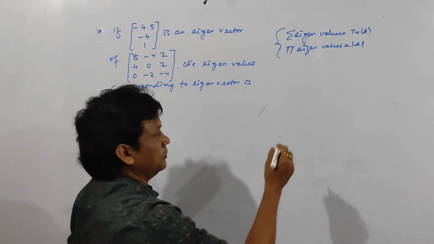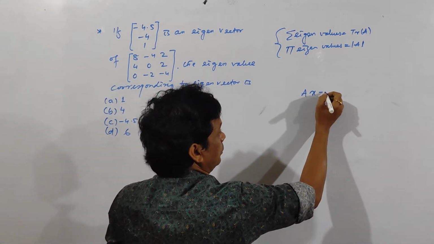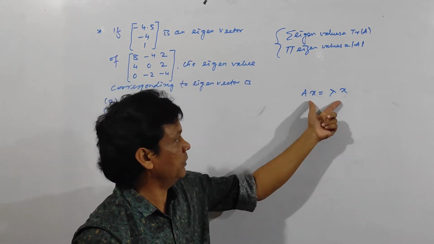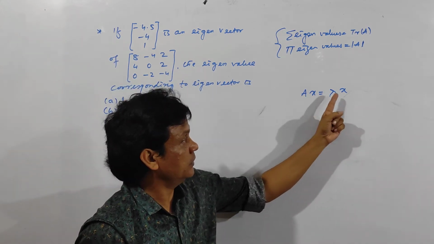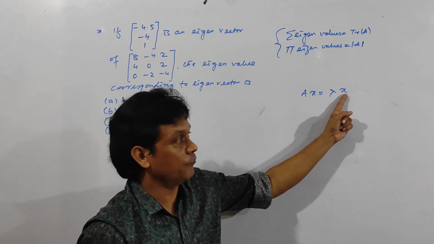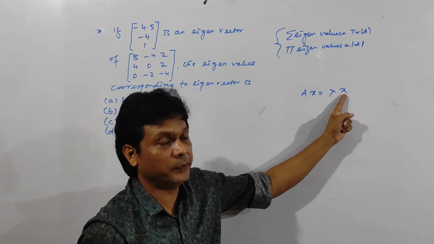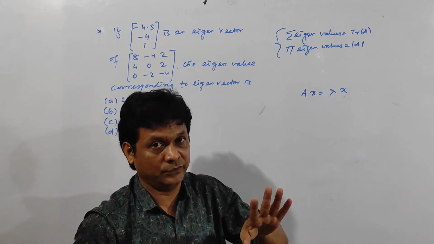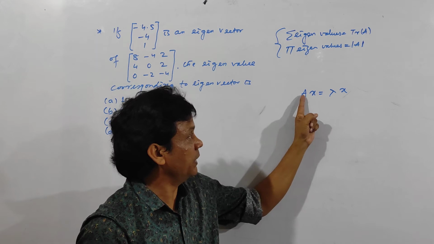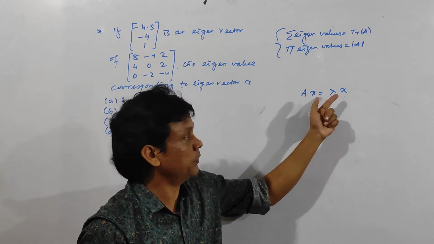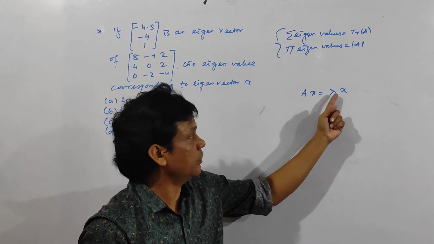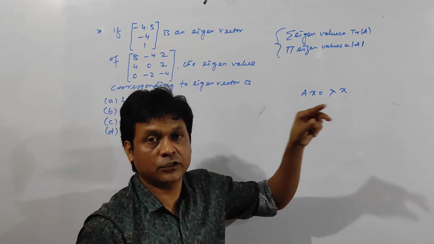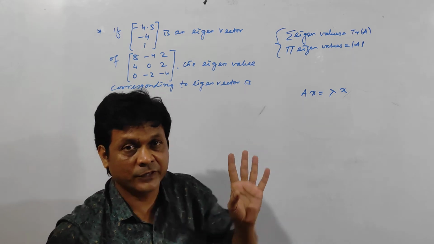Already I have told you Ax is equal to lambda x is the definition of eigenvalue. This is the eigenvalue equation. x is there, on the right hand side also x is there. And the constant which should be multiplied to x will give Ax. That constant is called eigenvalue. Clear? If A is given, x is given, then find the product and take common so that this term will become x and that common term will be eigenvalue. Clear? See here.